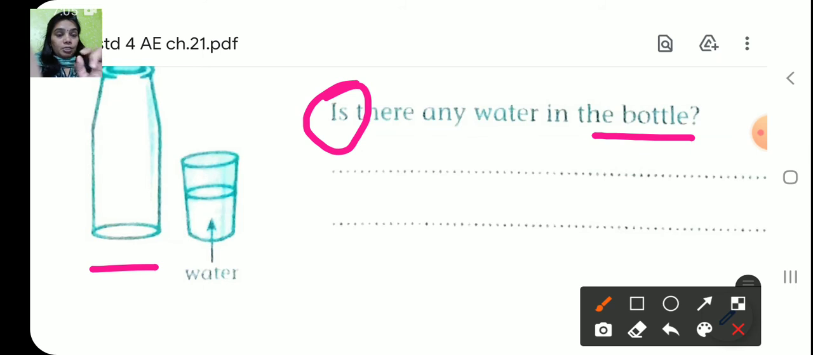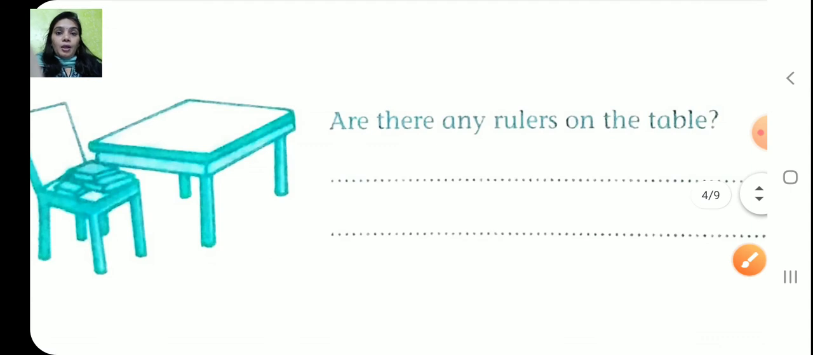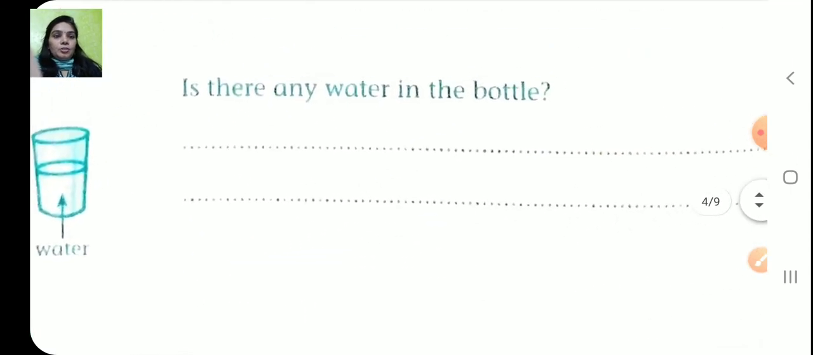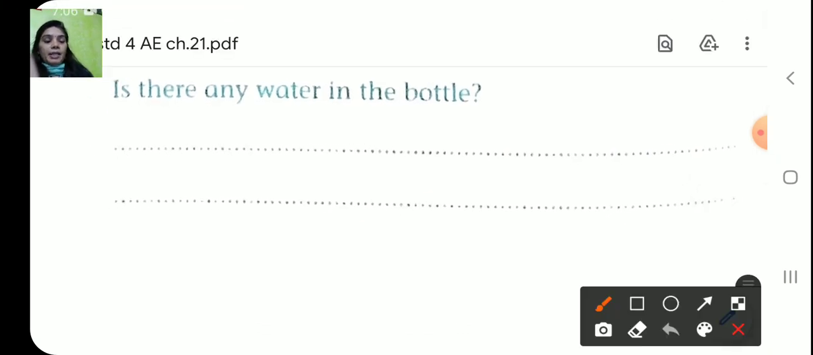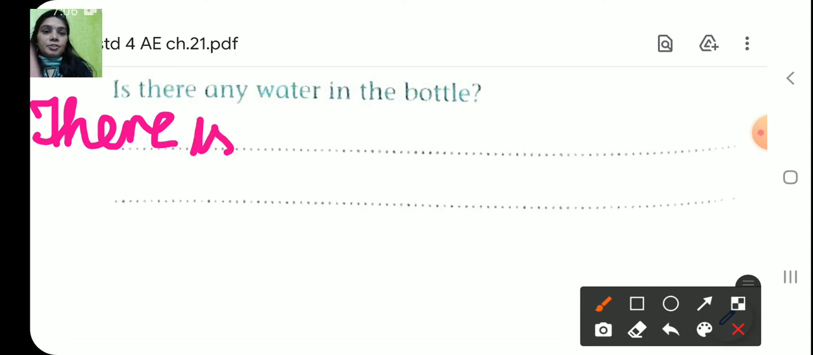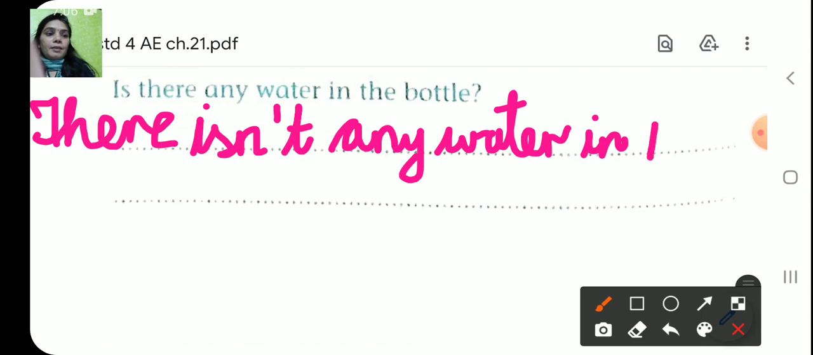So look at the question, whether they have given is or are. So we'll write one answer for this. Is there any water in the bottle? So what will you write? There isn't any water in the bottle,